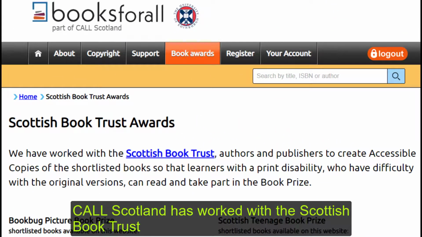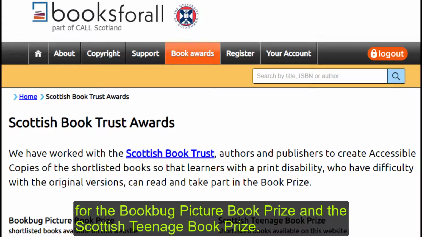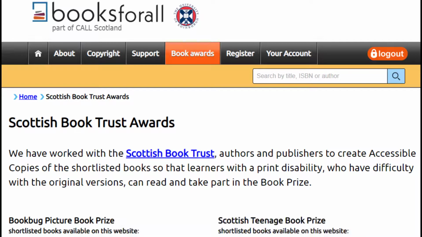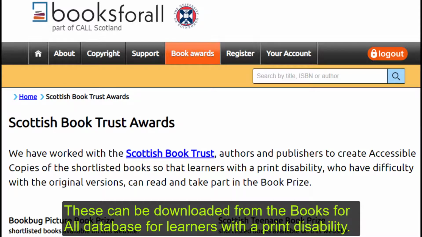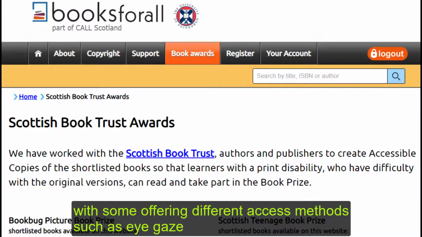Call Scotland has worked with the Scottish Book Trust to create accessible copies of the shortlisted books for the BookBug Picture Book Prize and the Scottish Teenage Book Prize. These can be downloaded from the Books for All database for learners with a print disability. The BookBug books are provided in 4 different formats, with some offering different access methods such as eye gaze